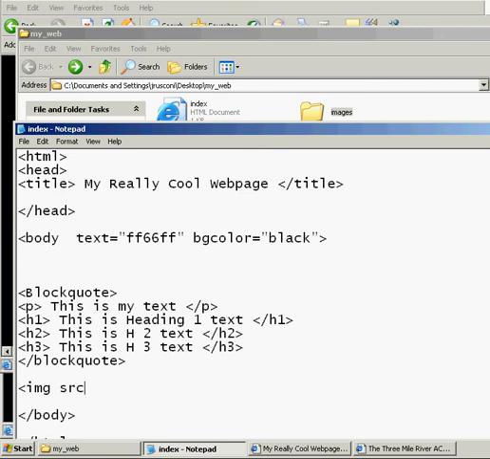SRC stands for source equals. Now, I have to tell the web page where to go. And in this case, it's really, really easy because the image is located in the images folder, duh, and the backslash indicates it's inside the folder or below that level, and then it's raccoon.jpg. And then all I have to do, I think I actually can tell that I made a mistake, but I'm just going to let myself make that mistake, and I'm going to hit close. Okay? And then let's hit File,